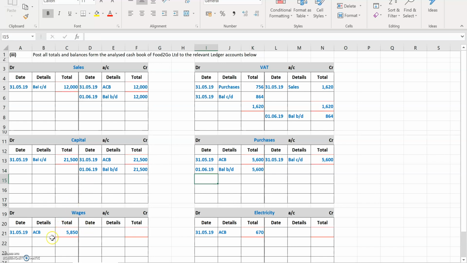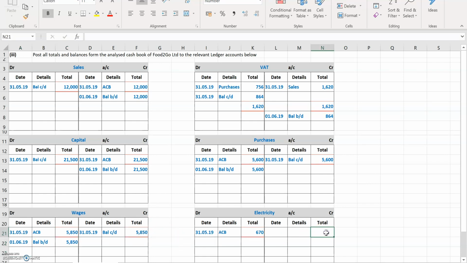5,600. Wages then, on the debit side, you've got 5,850. So you need to put 5,850 on the credit side. The date is going to be the end of the month. So the 31st of the 5th, 19. The balance is the balance carried down figure. Where is it carried down to? It's carried down to the next month. So the 1st of the 6th, 19. This is the balance and it's the brought down figure. How much did we bring down? It was